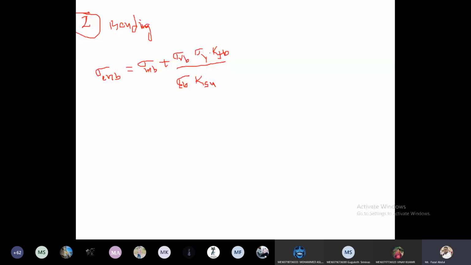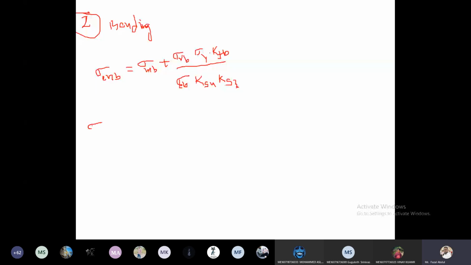So previously we calculated all values related to the axial loading. Now in this case we need to calculate all values like mean bending, variable bending, fatigue factor for bending, and endurance limit for bending. All are related to the bending. Means all the values we should consider with the bending only. Now calculating one by one, mean bending. What is mean bending here?